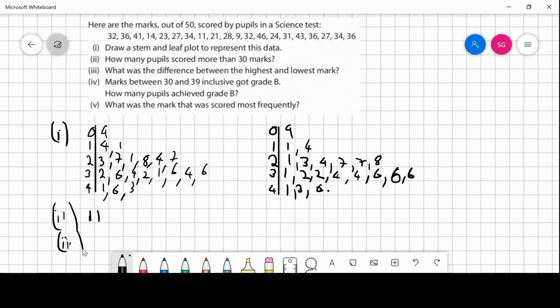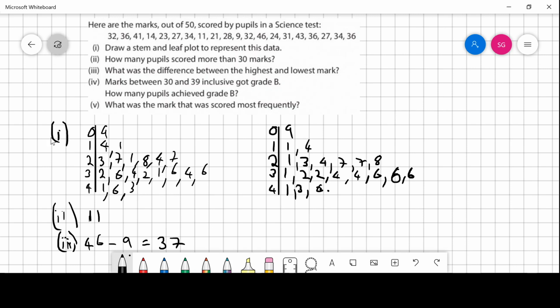Then the next question, what was the difference between the highest and the lowest mark? What's the difference between the highest and the lowest mark? Well, the highest mark was 46. The lowest mark was 9, so the difference will be 46 minus 9,